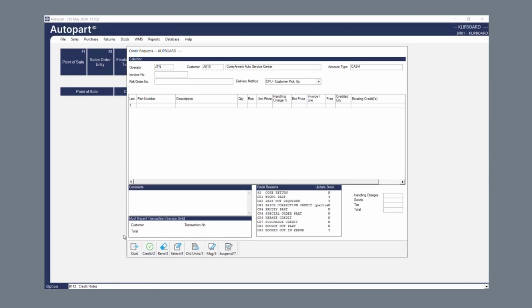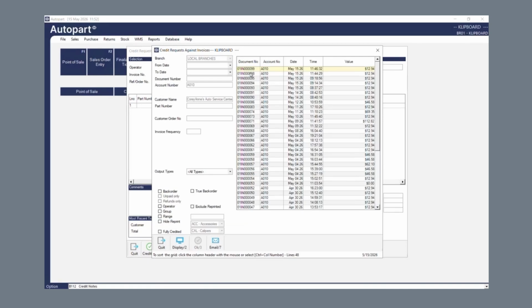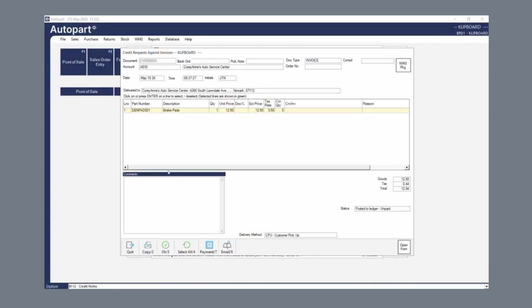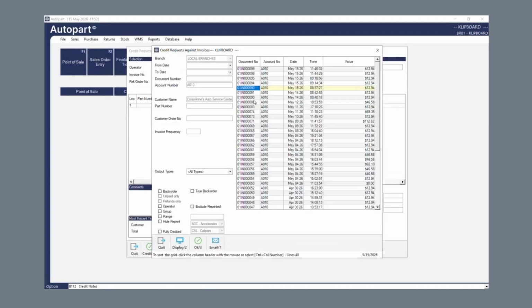So I'm going to go ahead and select the invoice I'm interested in. So I will go ahead and select that here. And I'm going to choose the invoice. Let's use 93 as an example. So here's that invoice. I'm going to say, OK. I'm going to pick this invoice. Now credit requests against the invoice and display that actually say,